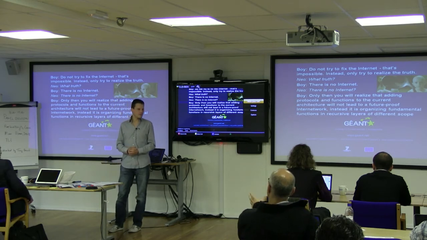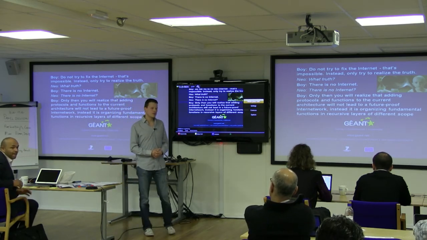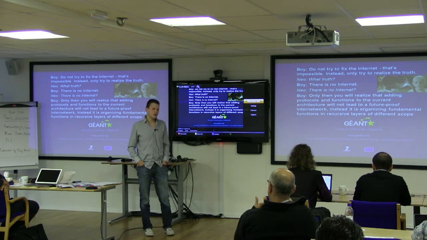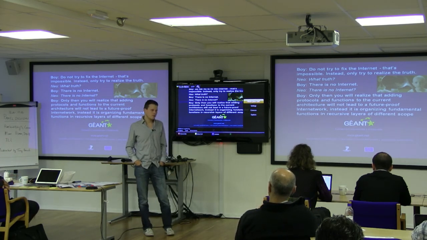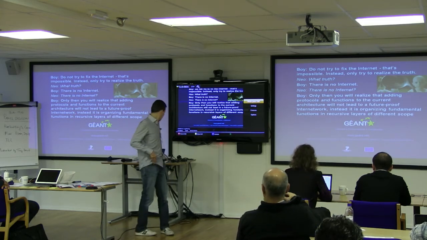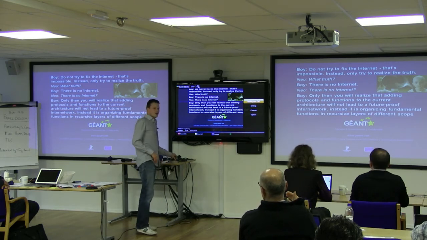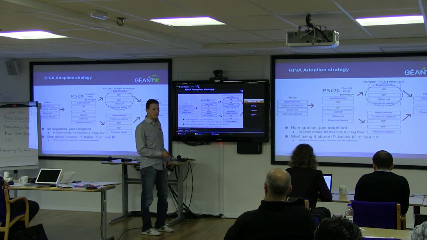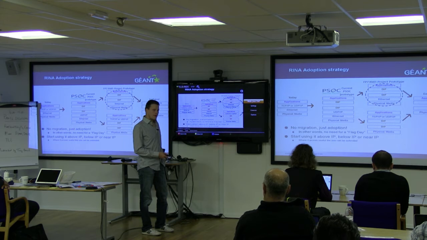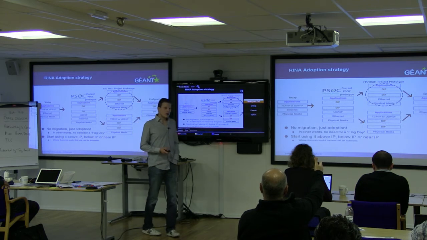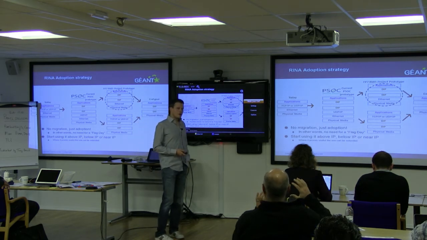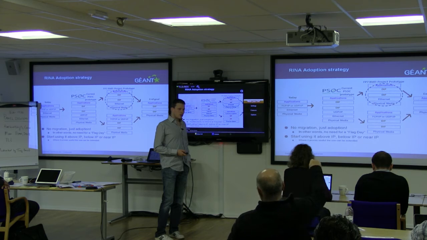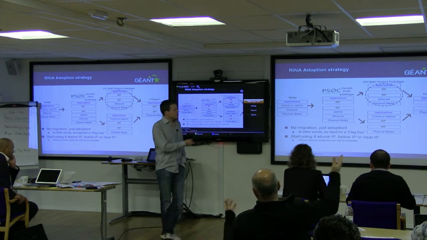Question regarding the migration from TCP/IP architecture to RINA architecture. Is it necessary that all nodes around the world should have the RINA architecture implemented in order to get there? Also, how fast can you do it, the migration path? It's a very good question. The end goal is actually when you have all nodes around the world running this architecture. So yes, the end goal.